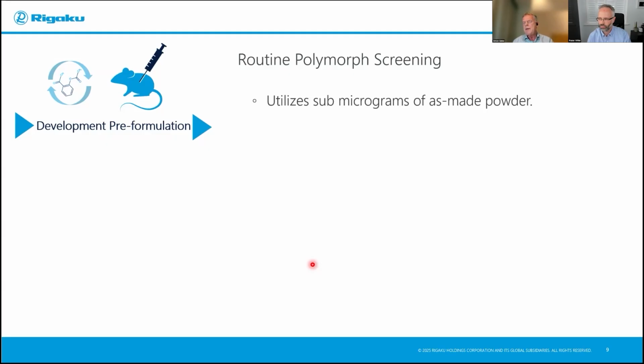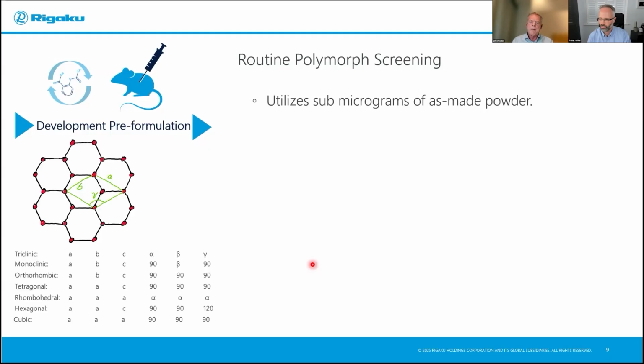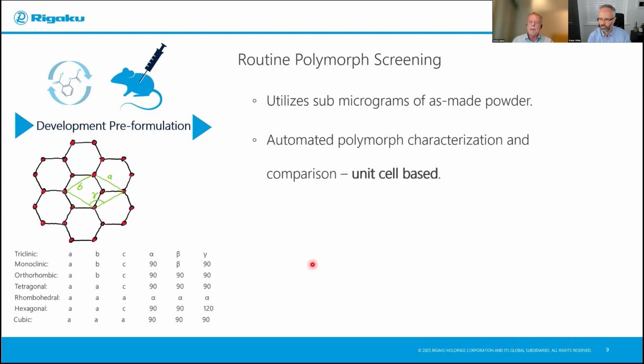So you may have to do a purification step, but that's not always the case. As soon as you get solids that have some crystals in them, you can put them into the electron diffractometer and start doing polymorph screening very, very quickly. Now, another one of the unique aspects of electron diffraction, and this is often missed, is that the polymorph screening